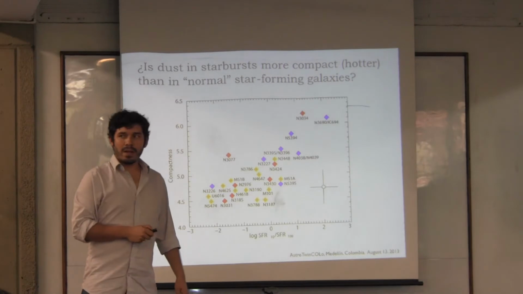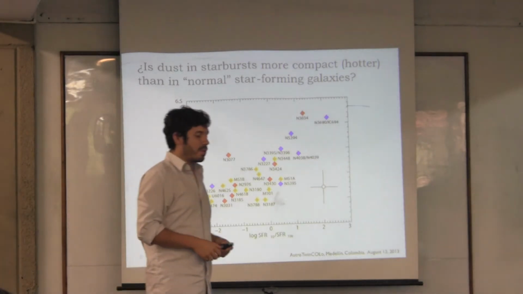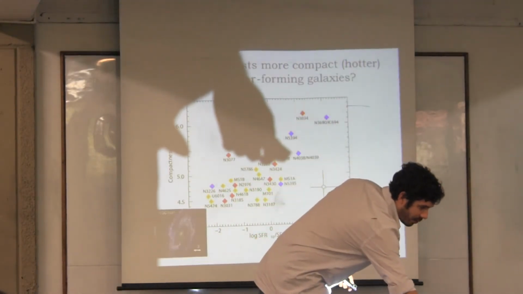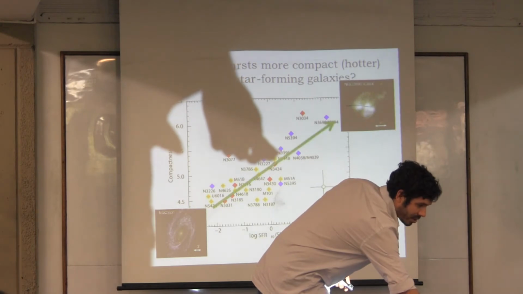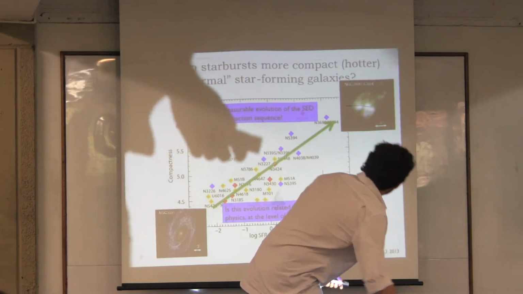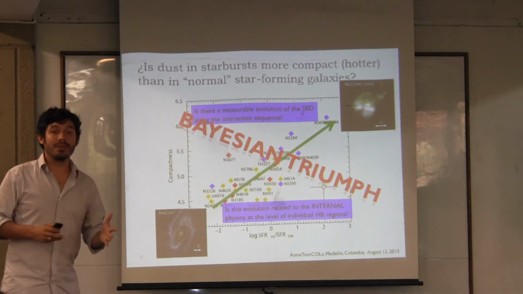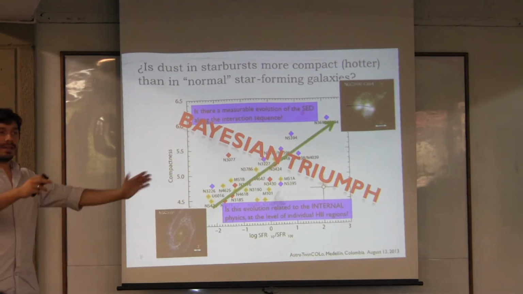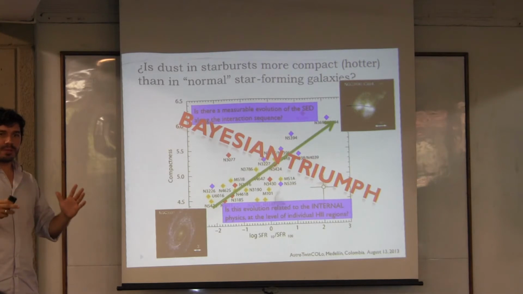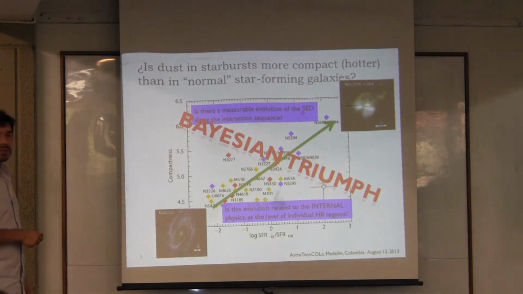And so I think this is a triumph of Bayesian statistics, because it shows that your parameters are maybe more likely in certain regions of your models, and it shows the correlations in a more straightforward way.